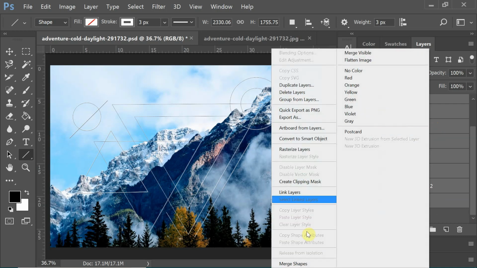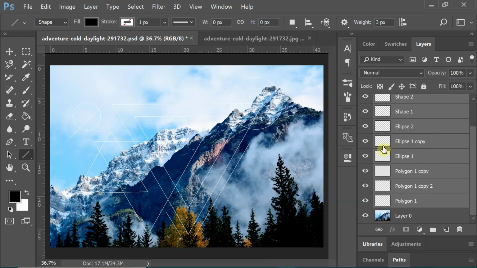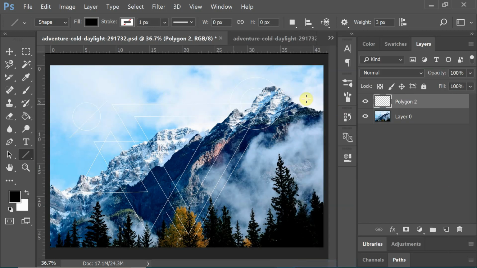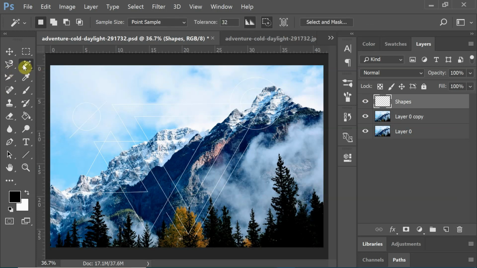Then right click on the mouse, rasterize layers, right click again, and merge layers. Now I have one layer with all my shapes on it. I'm just going to rename it Shapes. And then the next thing I'm going to do is go to my background layer and duplicate it. Go back to my shapes and grab the magic wand tool